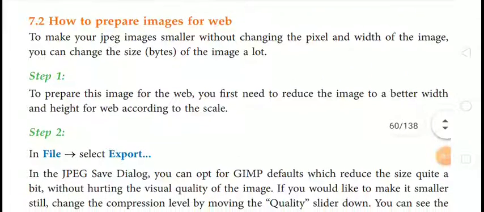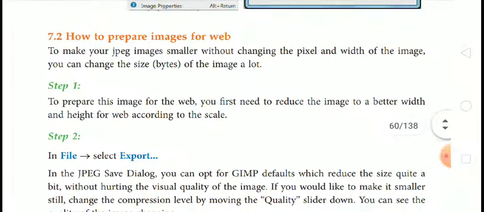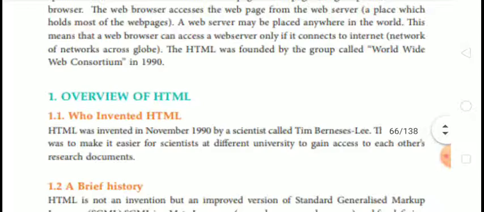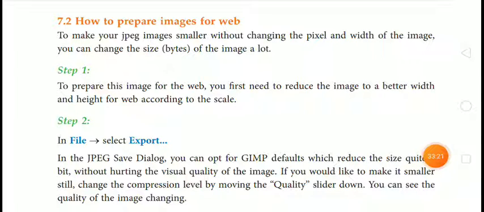Next is how to prepare an image for the web. To make your JPG image smaller without changing the pixel width of the image, you can change the size of the image a lot.